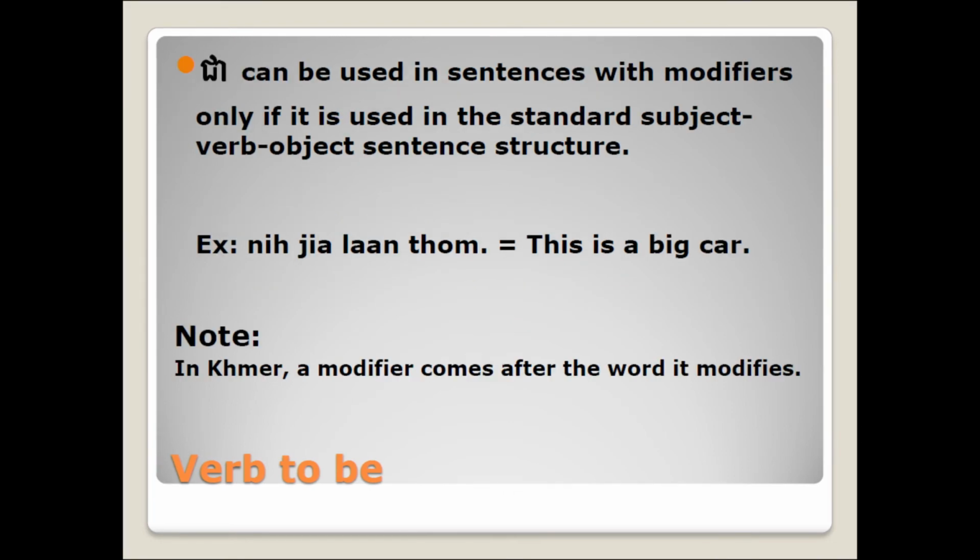Chia can actually be used in sentence structures with modifiers only if it is used in the standard subject, verb, object sentence structure as shown in the following examples. នេះជាឡានធំ. នេះ is the subject, ជា is the verb, and ឡានធំ which means big car, is the object. Again, នេះជាឡានធំ